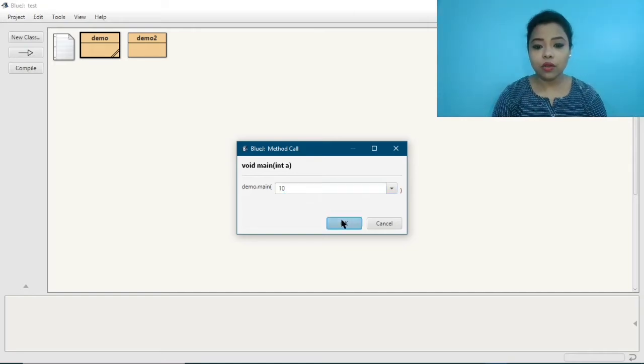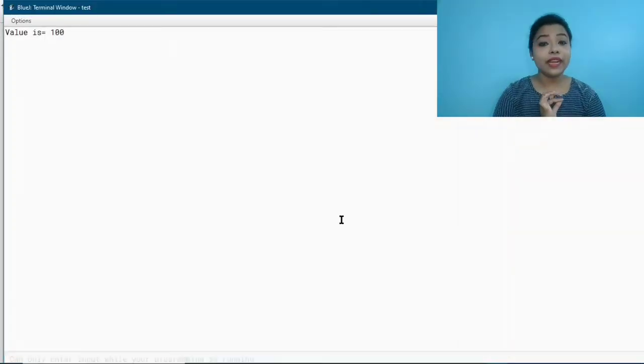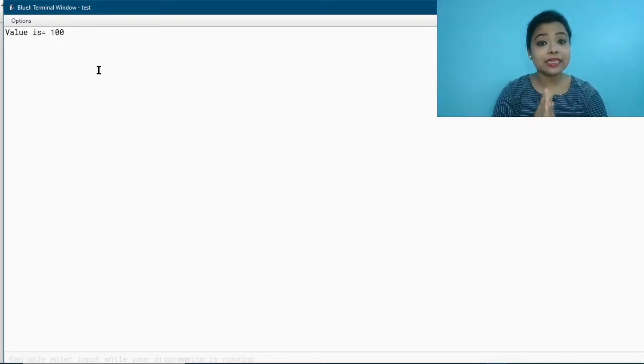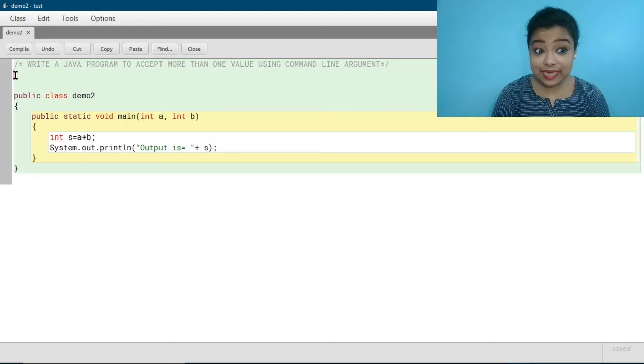Okay, then okay, so what will be the output? 10 into 10 means 100. So value is 100. You can see the output. Okay, so this is how you can take input. Now let me show you with another example that how we can take more than one input within command line arguments. You can see the program here, write a Java program to accept more than one value using command line